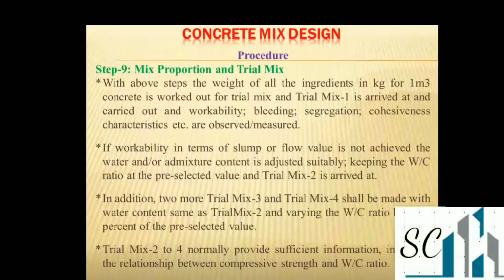By using the formula V equal to WW plus WC by GC plus 1 by P into WFA by GFA, we will be able to get the absolute volume of fresh concrete. V is the absolute volume of fresh concrete. It is found by 1 minus EA percentage by 100. That is, if you are using 20 mm aggregate, then V equals 1 minus 2 by 100. WW, WC, WFA and WCA are the weights of water, cement, sand and aggregate. GC, GFA and GCA are the specific gravity of cement, sand and aggregate. P is the ratio of fine aggregate to total aggregate.